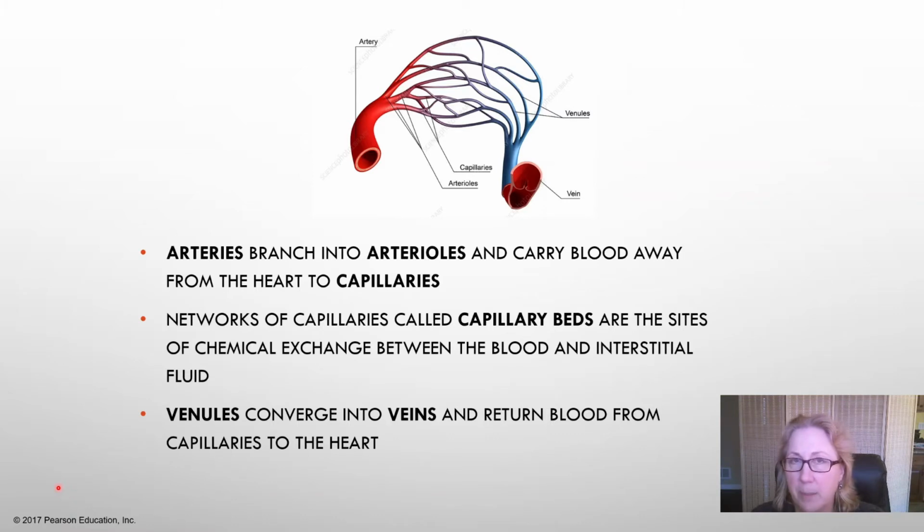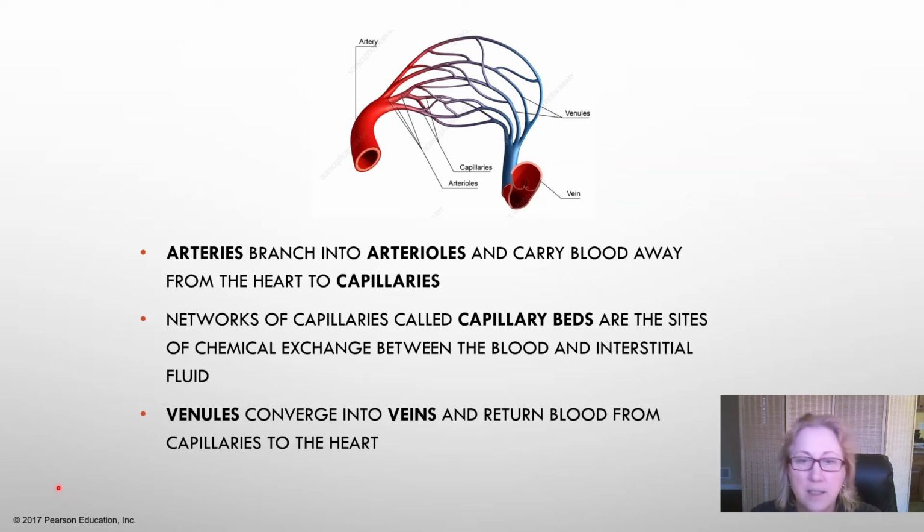These networks of capillaries, which are in our muscles and in our organs and our skin and are supplying all of these organs with oxygen and nutrients, are called capillary beds, and they are also bathed in interstitial fluid and then cells around that, and fluid can leak out of the blood into the interstitial fluid and vice versa. And we'll talk more about that when we get to the immune system chapter.